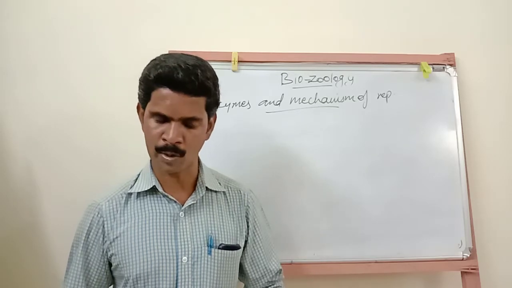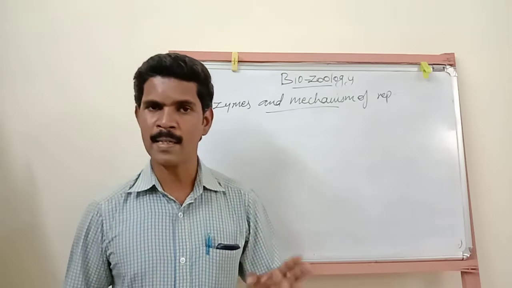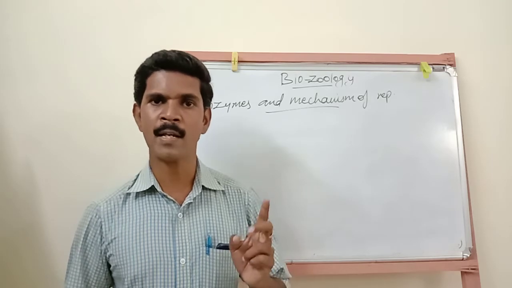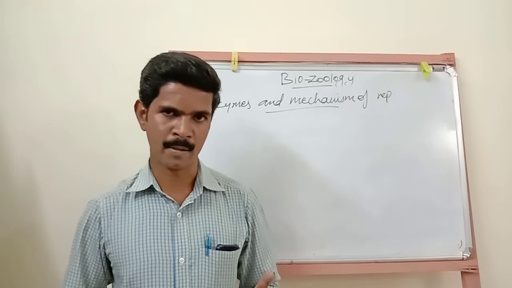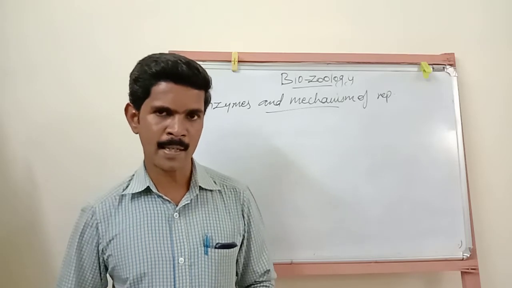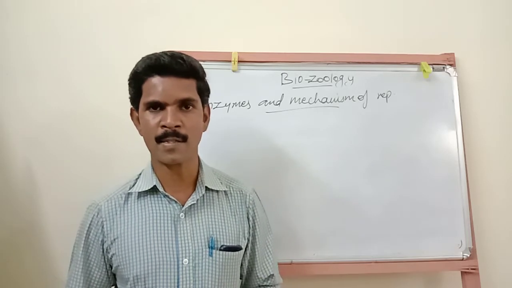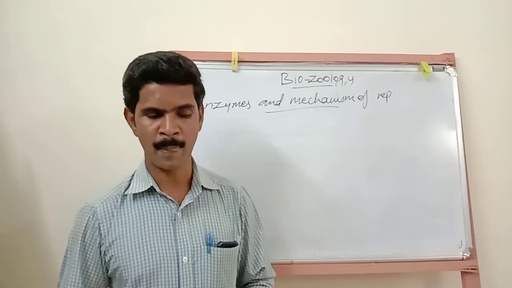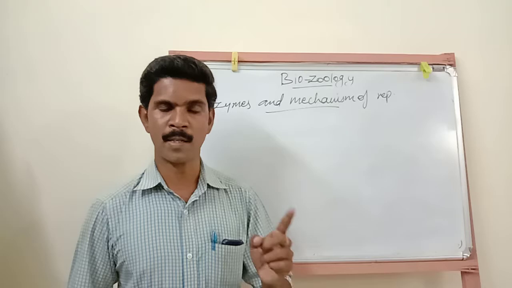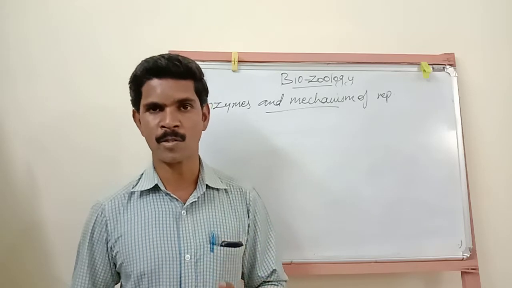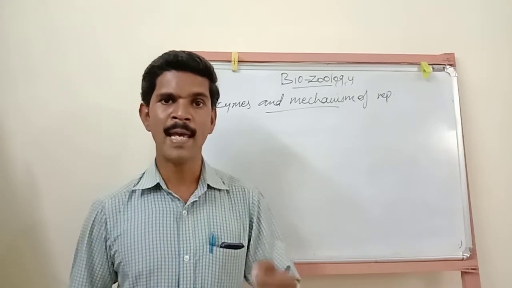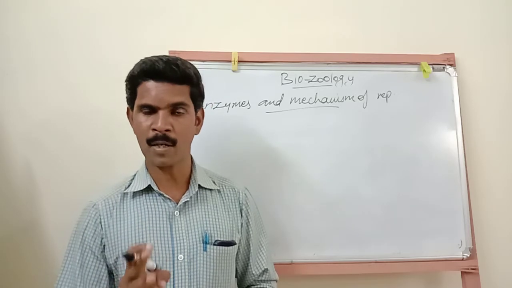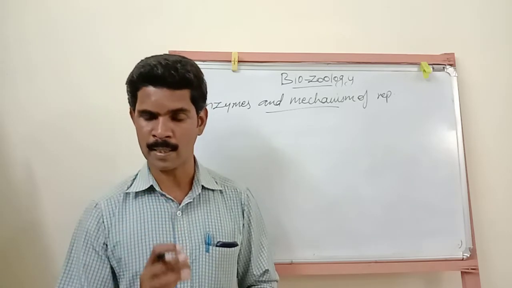In prokaryotic organisms, there are 3 DNA polymerase enzymes: DNA polymerase 1, DNA polymerase 2 and DNA polymerase 3. Among these 3, DNA polymerase 3 is very important and plays an important role in the replication process. The other 2, DNA polymerase 1 and DNA polymerase 2, both play an important role in the repairing mechanism. Understand?